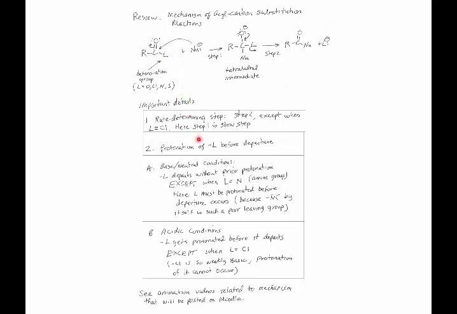Now, another issue is this. Ejection of that heteroatom leaving group sometimes will be protonated before departure and sometimes not. So we want to look at that. Now remember that the overall mechanism occurs under two conditions: base neutral conditions or acidic. If it's acidic, it's catalyzed by hydrogen ion. Well, if it's under base neutral conditions, with respect to the possibility of protonating that heteroatom leaving group, here's the story. The L departs without prior protonation under these conditions,